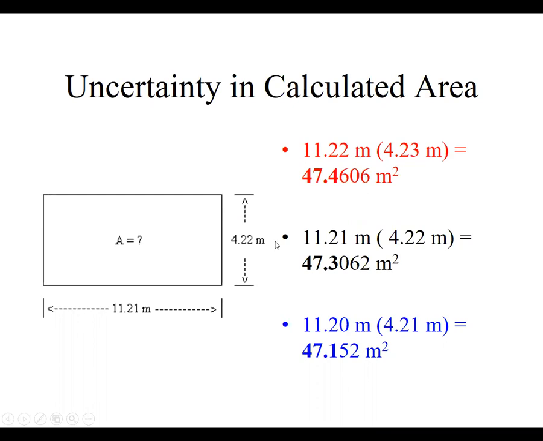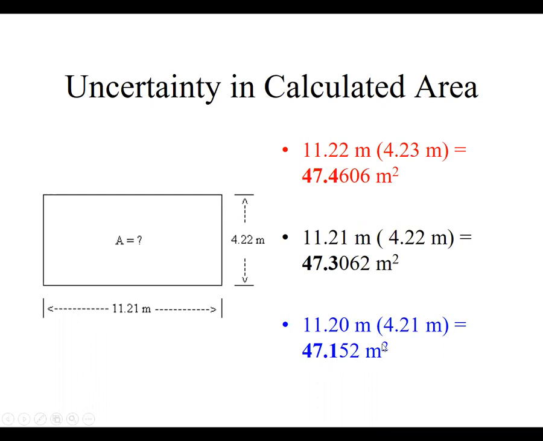So if the actual values here were really 11.22 and 4.23, and we multiply them together, then we get 47.4606 as an upper limit on the area inside that enclosure. But what if they take the lower limit simultaneously? So the length becomes 11.20 and the width becomes 4.21. Now we multiply them out and we get